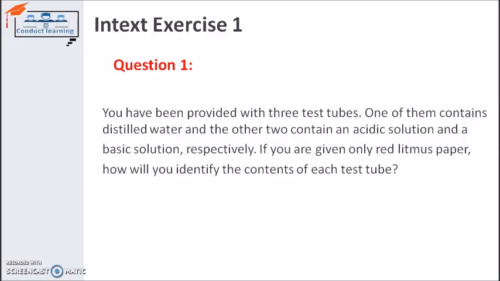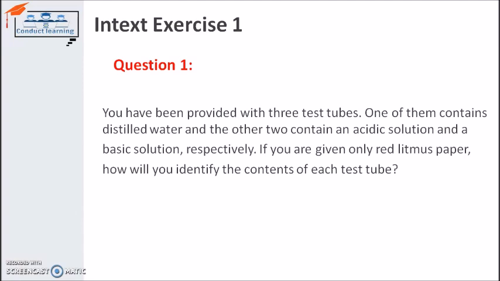So the first question is: you have been provided with three test tubes. One of them contains distilled water, the other two contain an acid solution and a base solution respectively. If you are given only red litmus paper, how will you identify the content of each test tube? So basically what he is saying here,